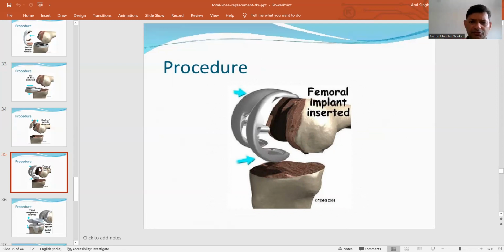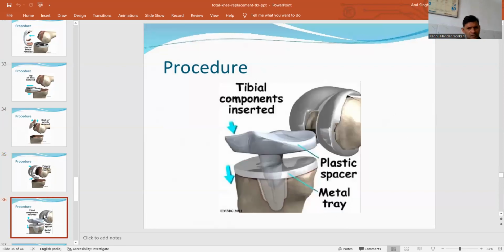Then you should insert your implants one by one in a manner: femoral component and tibial component. Tibial component inserted, femoral component inserted, and in between these there is an insert